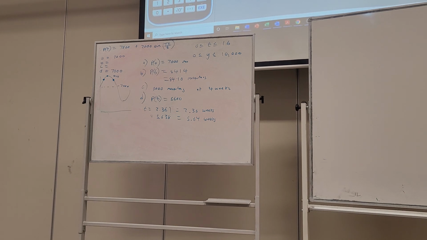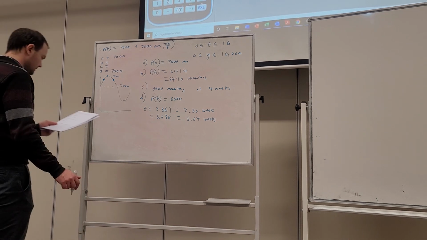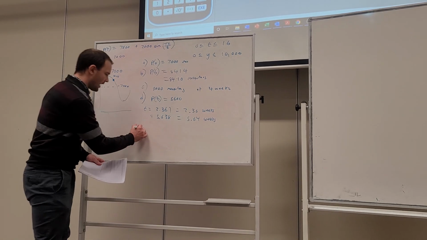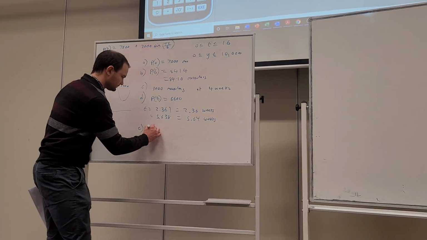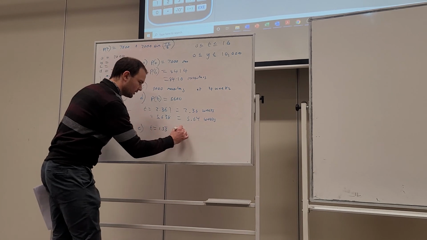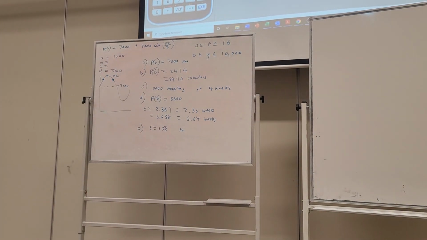ABCD. E. During which interval does the population exceed 8,000 mosquitoes? So, again, we're doing an x-calc. We're interested in the time when the population, I've done that round the wrong way. Graph, G-solve, x-calc when the population is 8,000. So the population is 8,000 when t is 1.33 recurring to 6.6